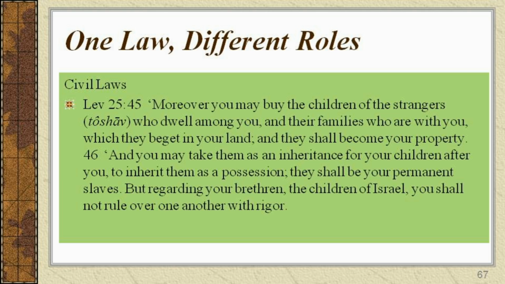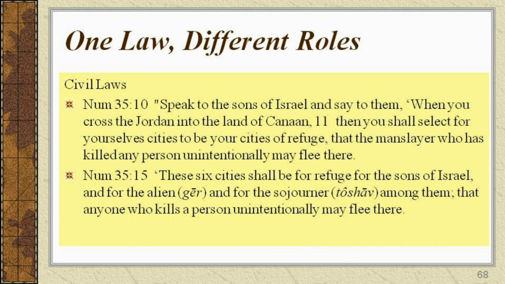Resident aliens did not enjoy the same protections as the native-born Israelites. Resident aliens could become poor and fall into permanent chattel slavery. Even then, the law of Moses provided several different ways for a foreign slave to obtain his freedom, but it was still much harder for him than for a native-born Israelite. The next commandment deals with the problem of manslaughter. In other words, accidental homicide.